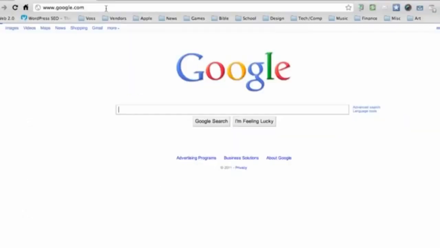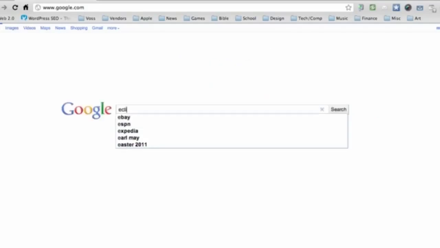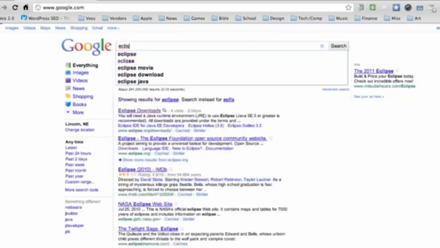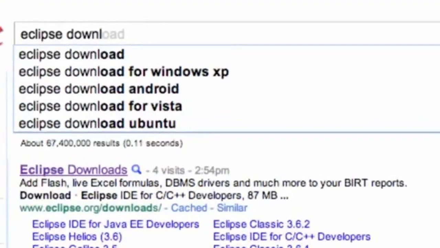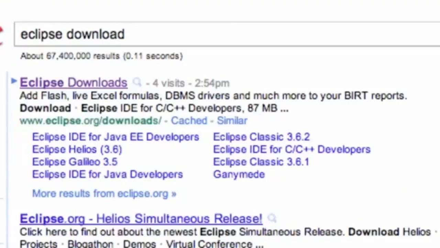What's up, guys? Welcome to your second Android tutorial. And what we're going to do in this tutorial is, again, some boring stuff like installing software. And the software we're going to install is Eclipse. So go into Google, type in Eclipse download. I'm going to say Eclipse download. And it should be the first link from